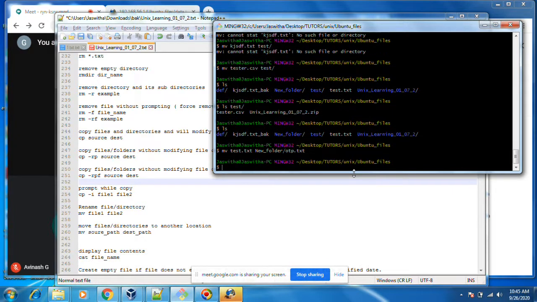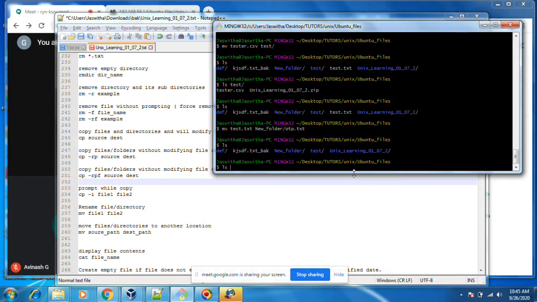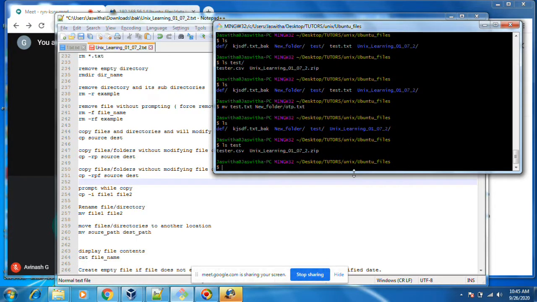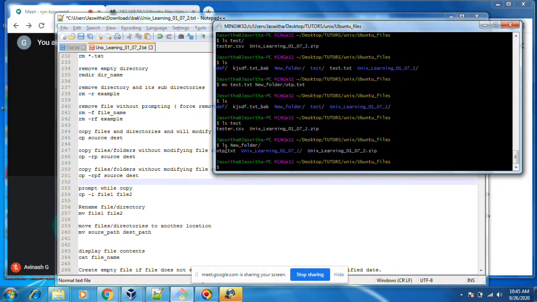Okay, test will go there. The test.txt will disappear here. ls test. Oh no, new folder. Sorry, we just moved here. Okay, you see opt.txt. This is called copy and move.